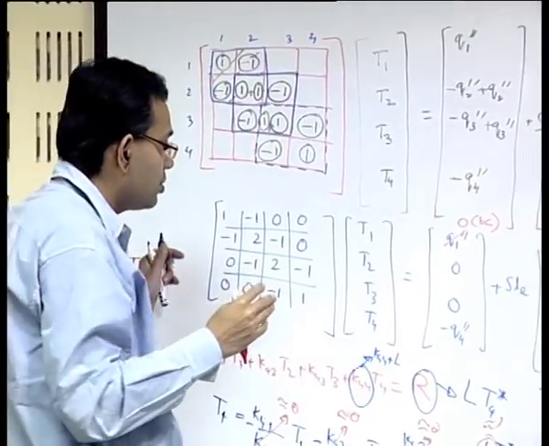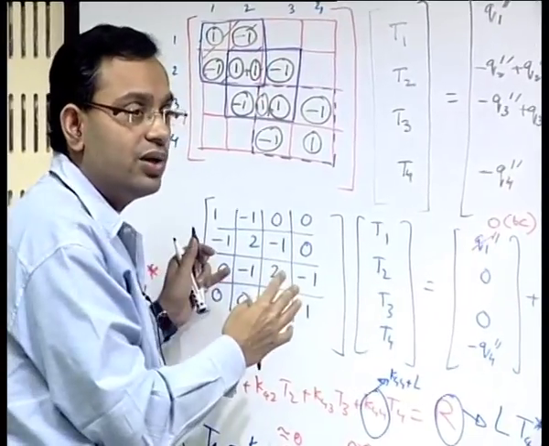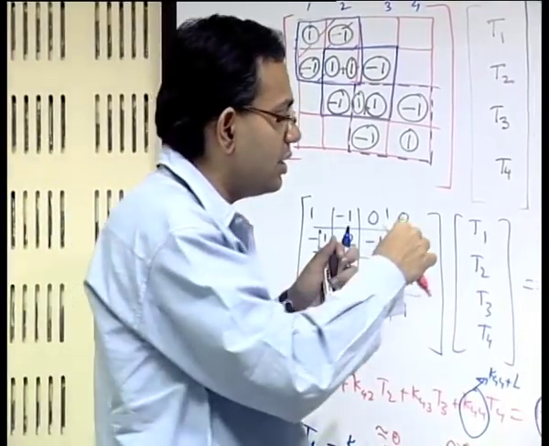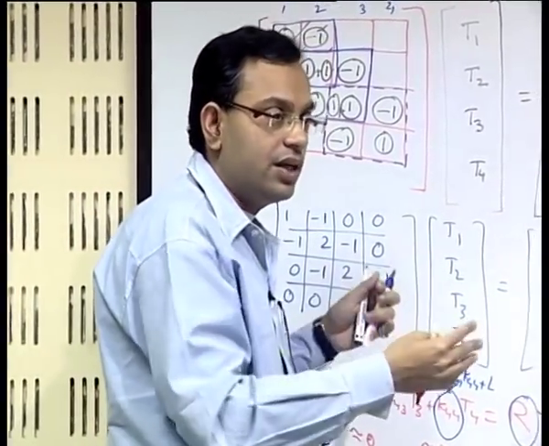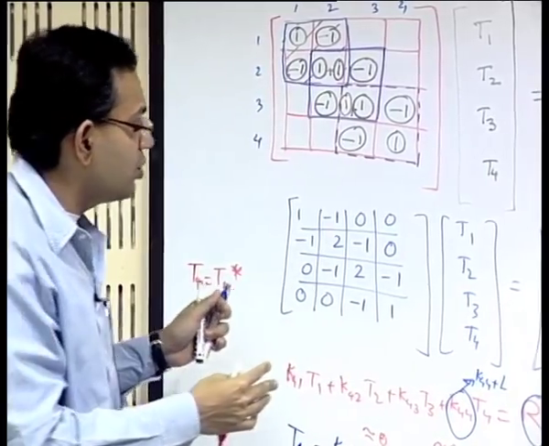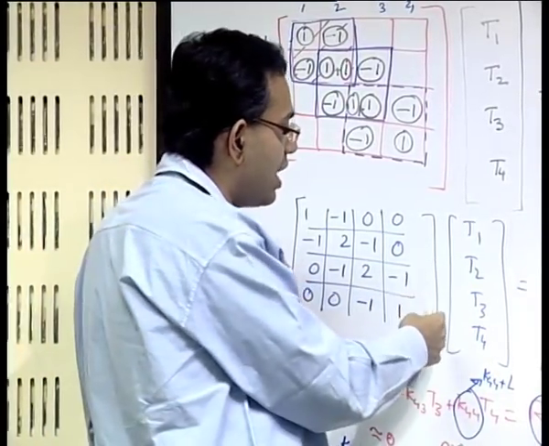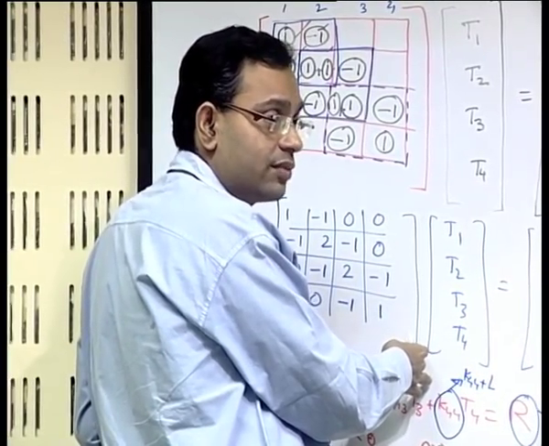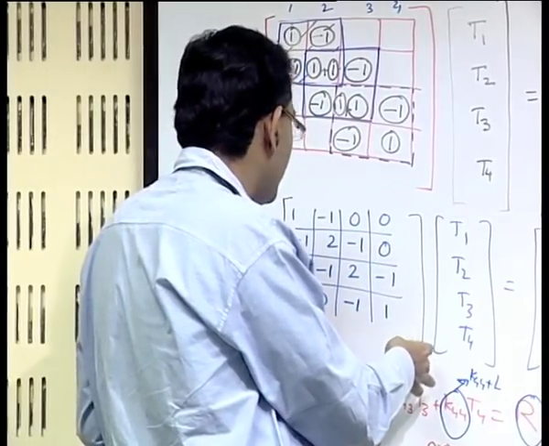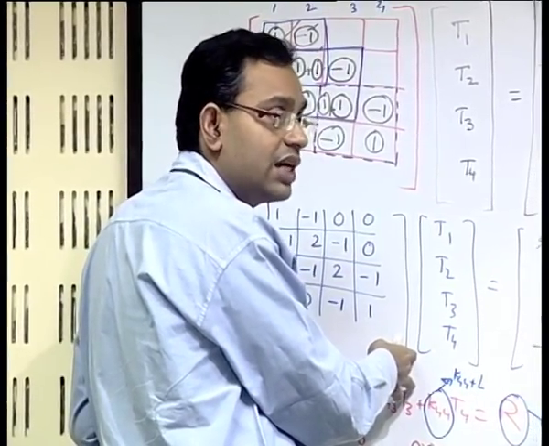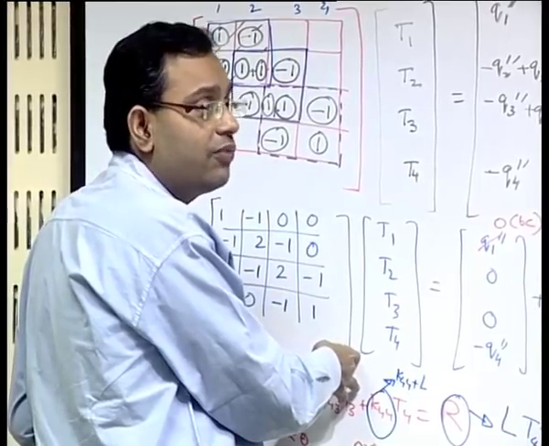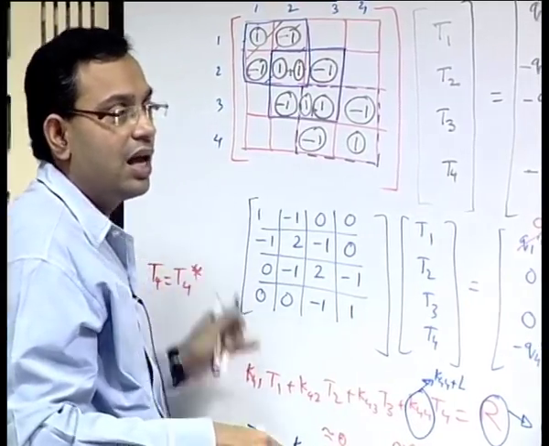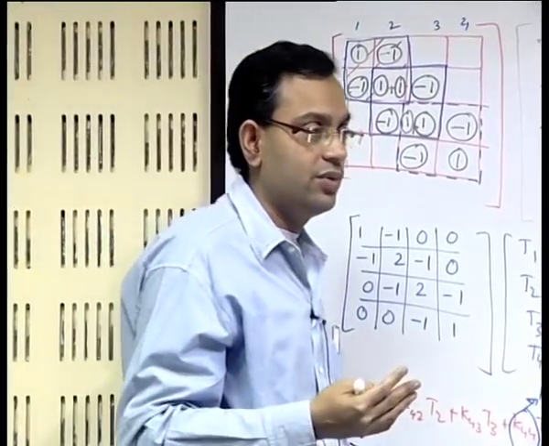One of the important things that remains, of course, is how to solve this system of algebraic equations. We will take it up through a separate chapter, not this particular chapter. So in the next class, we have seen how to come up with a system of algebraic equations from a variational formulation. Next class we will see how to come up with the system of algebraic equations through discretization directly from the differential equation formulation, and we will take up an example as the finite difference method which tries to do that.